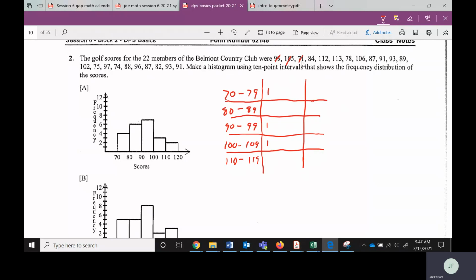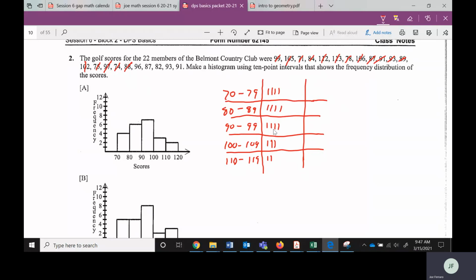71 goes here. 84 goes here. 112. 113. 78. 106. 87. 91. 93, 89, and then cross them off as I go so I know which ones I've done. 102, 75, pretty even so far. 97, 74, 88,